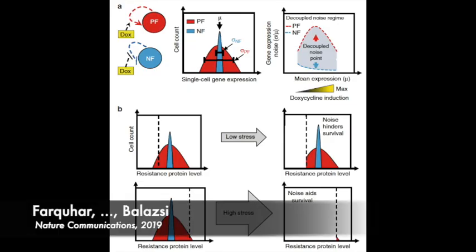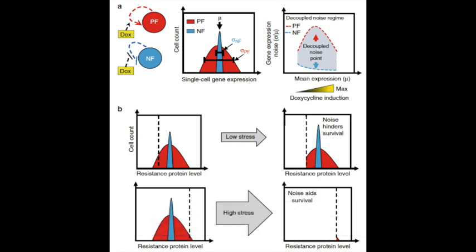All biochemical reactions inside the cell are subject to fluctuations or noise. Part A of this figure shows that when a drug resistance gene is regulated by a positive feedback gene network, these fluctuations are amplified. This is shown in the gene expression histogram, where the population in red has a high degree of cell-to-cell variability. In contrast, a negative feedback gene network suppresses these fluctuations. This is shown by the low noise population in blue in the gene expression histogram.